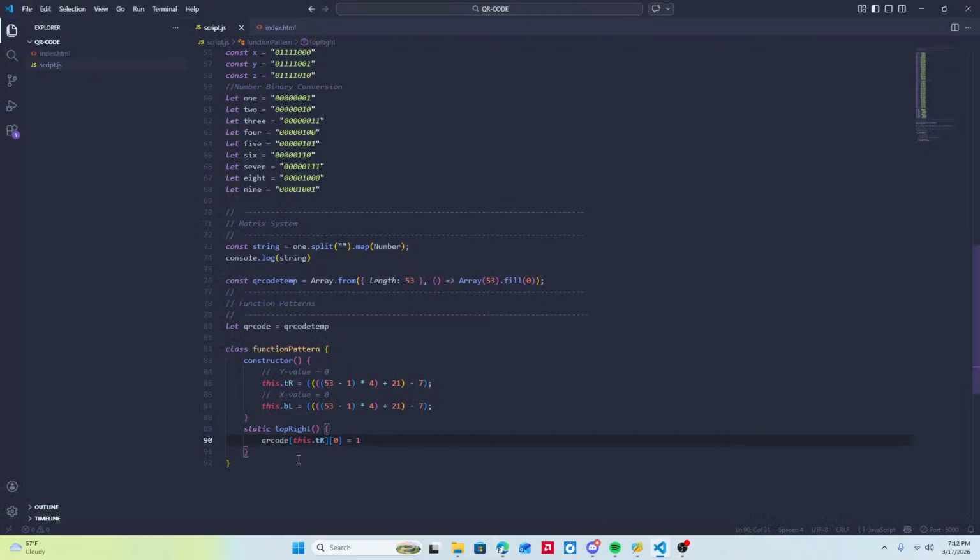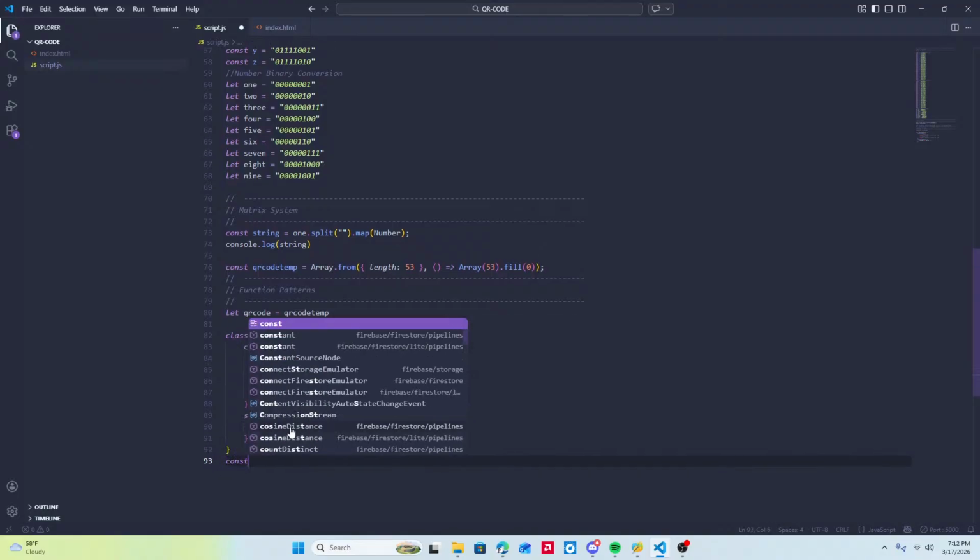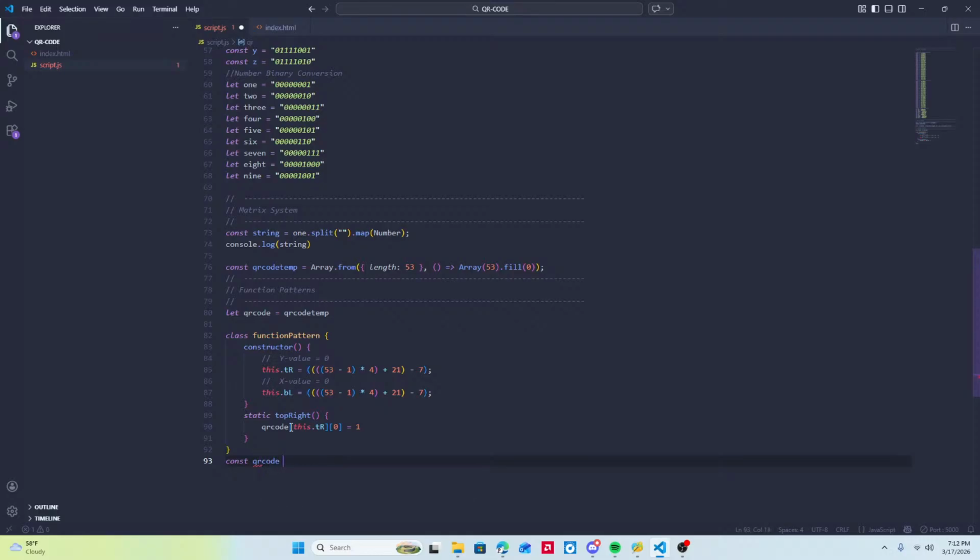It's because I didn't call the static function. So then const QR code. So then I call const function pattern is equal new function pattern,